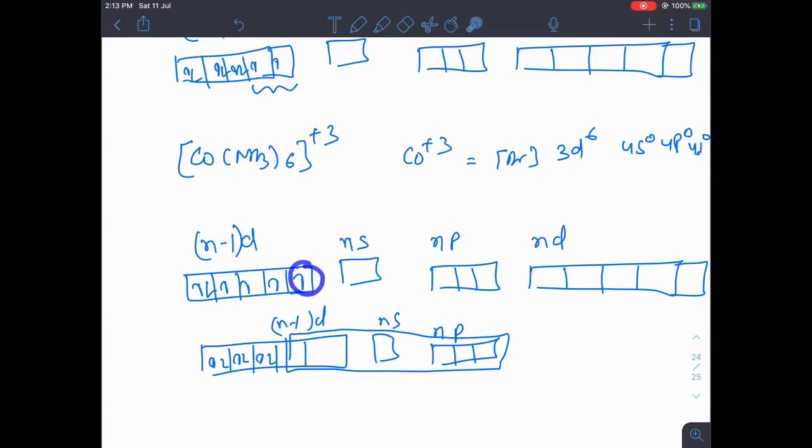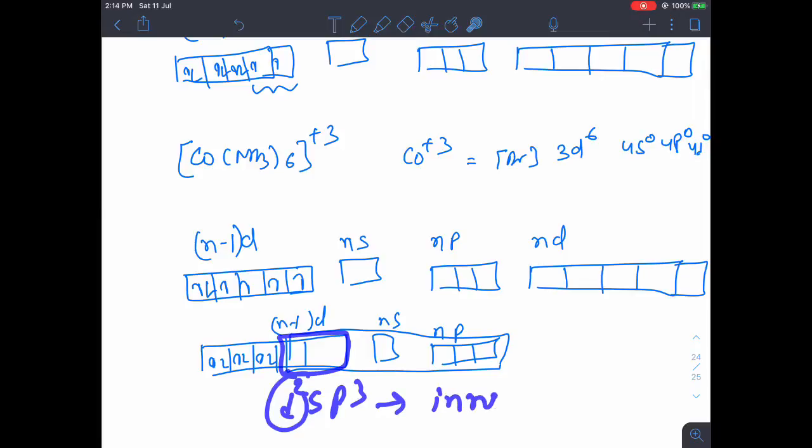No, because ammonia is close to a strong field ligand, not exactly that strong, but moderately strong. At the same time, cobalt is bearing plus 3. So both of these combined, a higher charge and a good ligand, are the main reason for pairing up the electrons. So the hybridization in this case will be d2sp3. Because it is using the inner d orbitals, it is named an inner d complex.